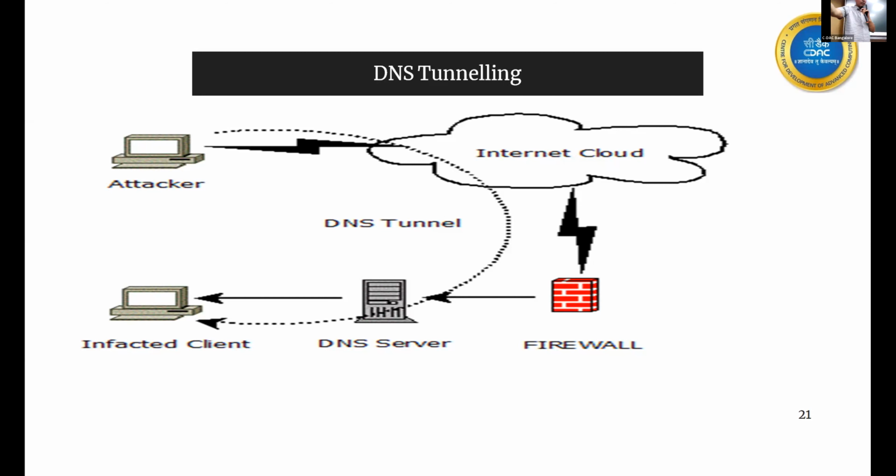We have a BSF border force, we have armed forces, because now they are saying that their network is very much protected. They are claiming that. And how are they saying it? They'll say that okay, they have one local area network, LAN, where all their clients are connected, the systems are connected. These are the systems of LAN.